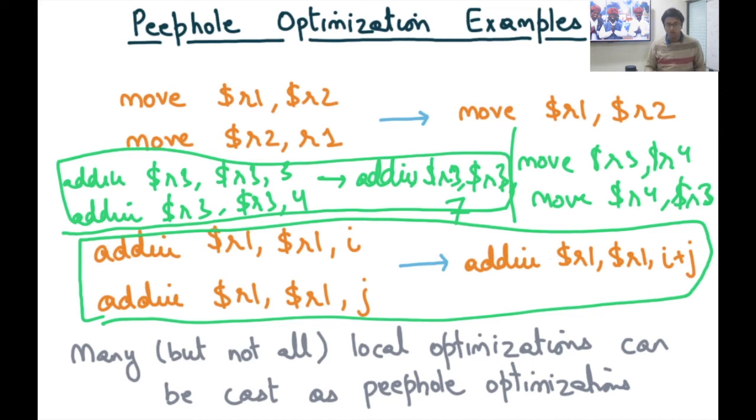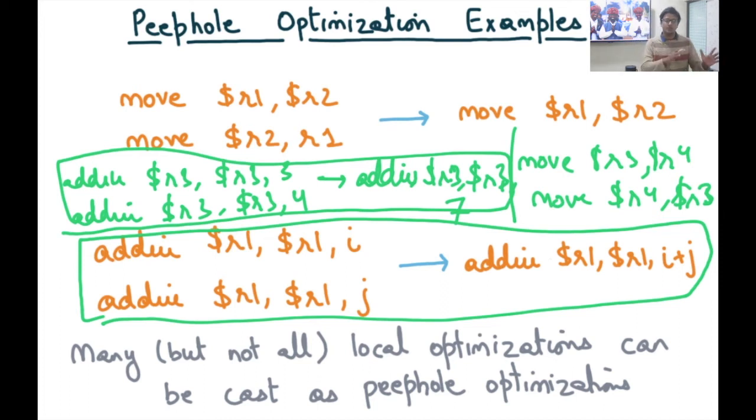It turns out that many local optimizations can be cast as peephole optimizations. For example, you can cast algebraic simplification as a peephole optimization. You say if you see a multiplication by a constant and the constant is a power of 2, then you can change it with a shift. Or you can cast constant folding as a peephole optimization. You can say if these are the constants that are occurring. So for example, even this here is an example of a constant folding optimization. You can think of this particular optimization as an optimization of dead code elimination, where the second instruction is actually dead code because it doesn't really do much.